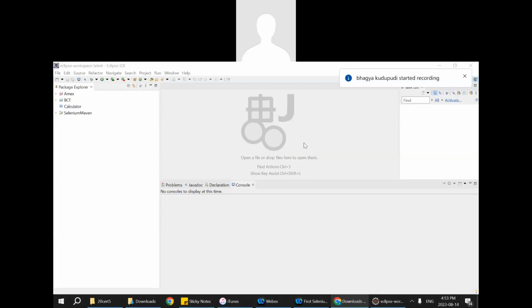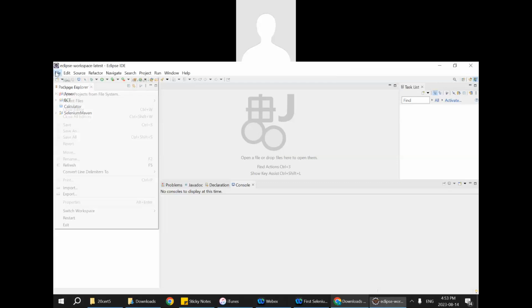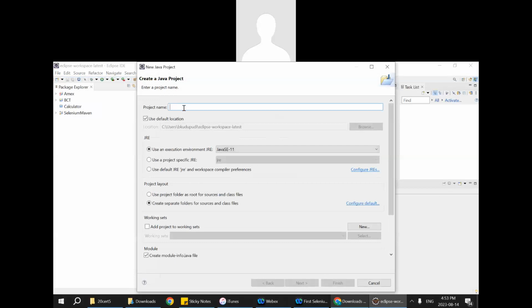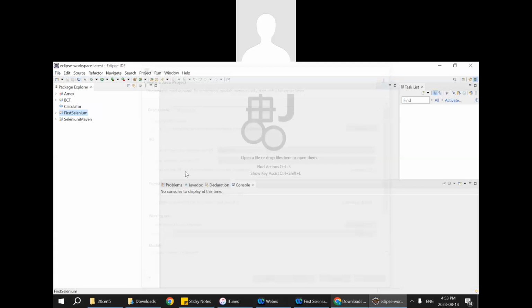Hello everyone. In this session, let's understand how we can create a first program in Selenium. In order to do that, open your Eclipse and go to File, New Java Project, and let's name our project name as First Selenium. You can name anything, that's not a worry. So I just named my first project as First Selenium, and inside this we will have the default package like